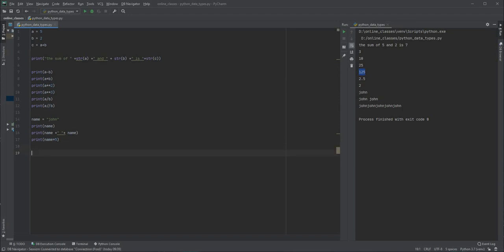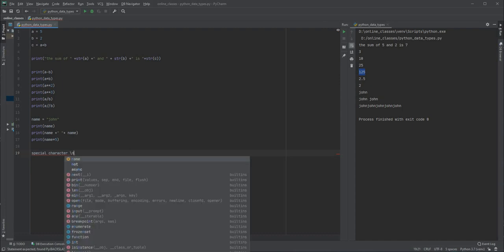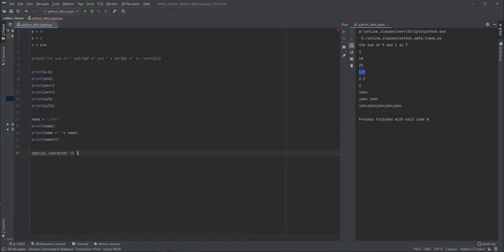Then we have some special characters, or you can also say escape sequences, like backslash n, backslash t. So now let us say like this: I will have a string value, let's say s. I will say welcome to eCoders Python sessions.